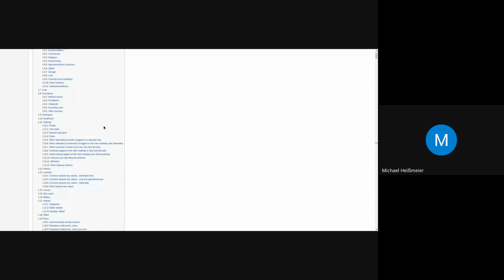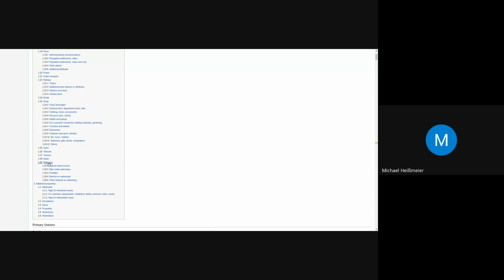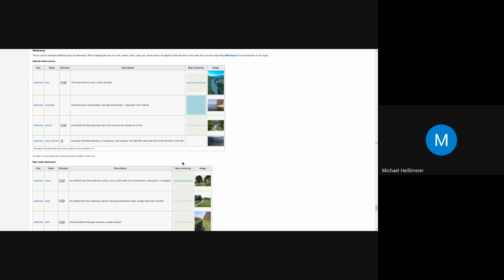Scrolling through here, you can see that there is hardly any category which is not covered. And of course, there is also one about waterways.